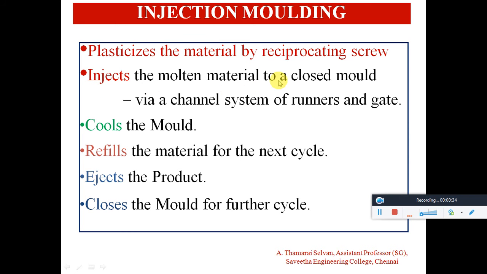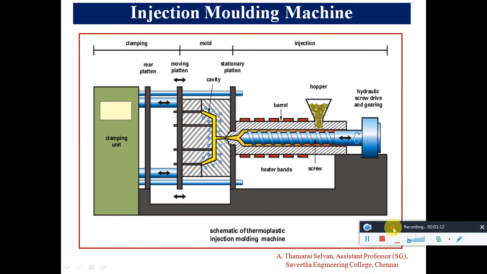Then it injects the molten material into a closed mold. So already we will have a mold of the product, the product shape and size that we require. The material has to be plasticized, meaning melted, and it has to be injected into the mold via a channel system of runners and the gate. And it cools the mold, then refills the material for the next cycle. Every time it ejects the product once it is cooled or solidified, then it closes the mold for the further cycle. So this is how injection molding takes place, and this is the schematic representation of an injection molding